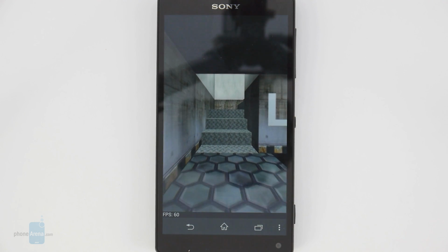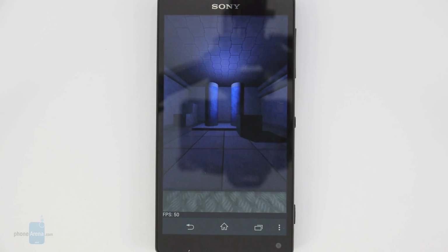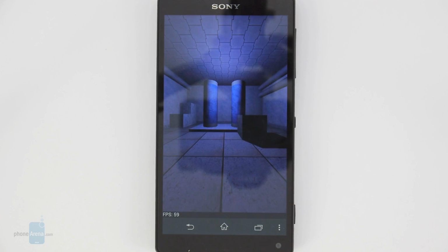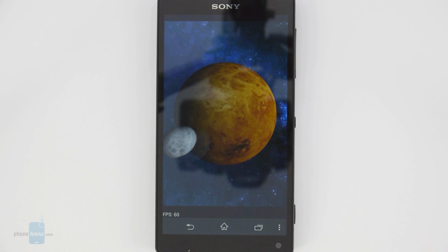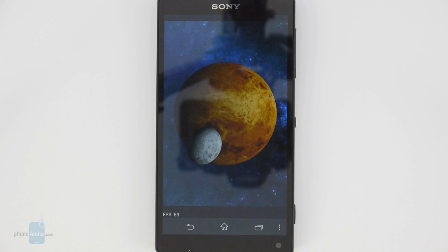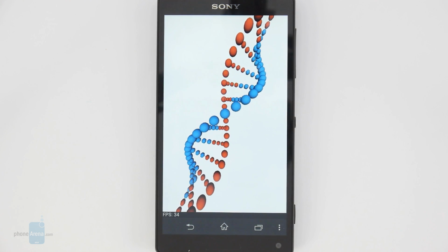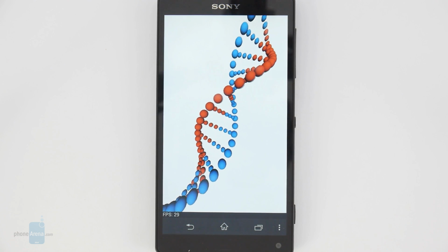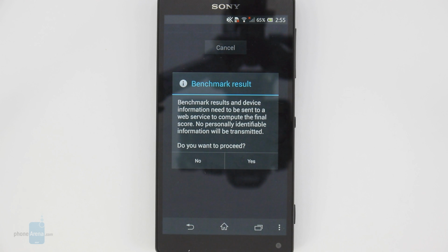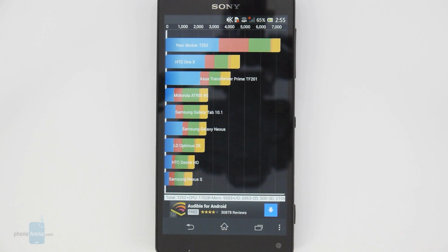3D games, even the most demanding available on Android, run smoothly despite the screen's high resolution. Applications launch in an instant and switching between them happens in the blink of an eye thanks to the 2 GB of RAM that are on board. Choppiness is a very rare event on the Sony Xperia ZL, occurring only if there is something going on in the background or if there's a gazillion widgets loaded on all of its home screens. So if performance is what you value the most, then chances are that you won't be disappointed with the Sony